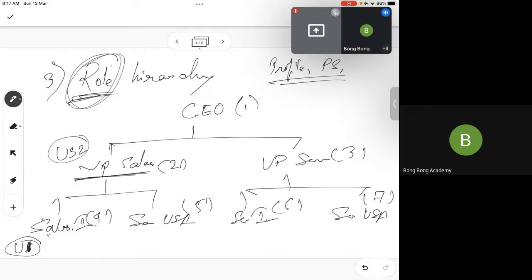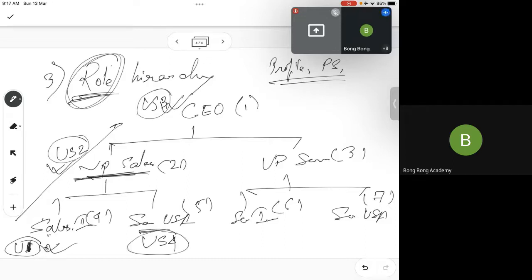Then all the records owned by user 1 will be automatically visible to user 2 and user 3 here, going top down. This person can also see this user's records, and he can also see this person's records, but this person cannot see this person's records because they are on the same level. Only the person above me will be able to see my owned records. Any questions so far?